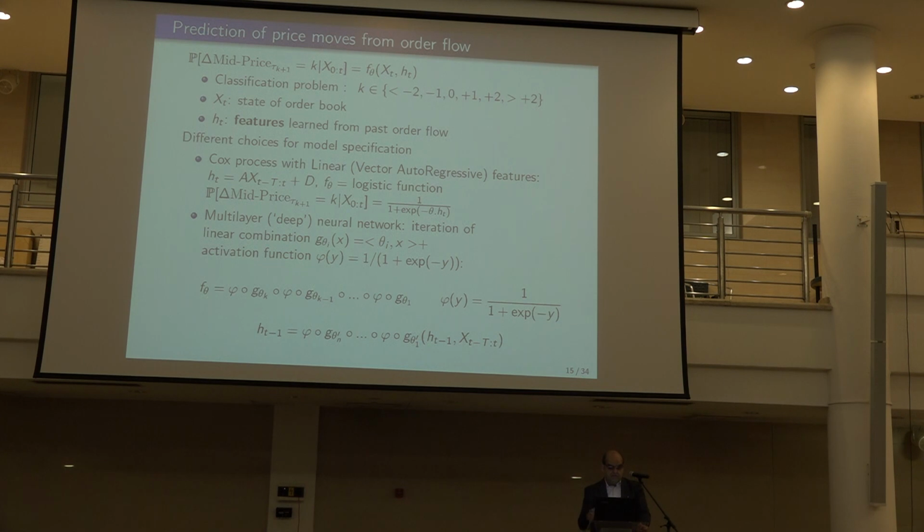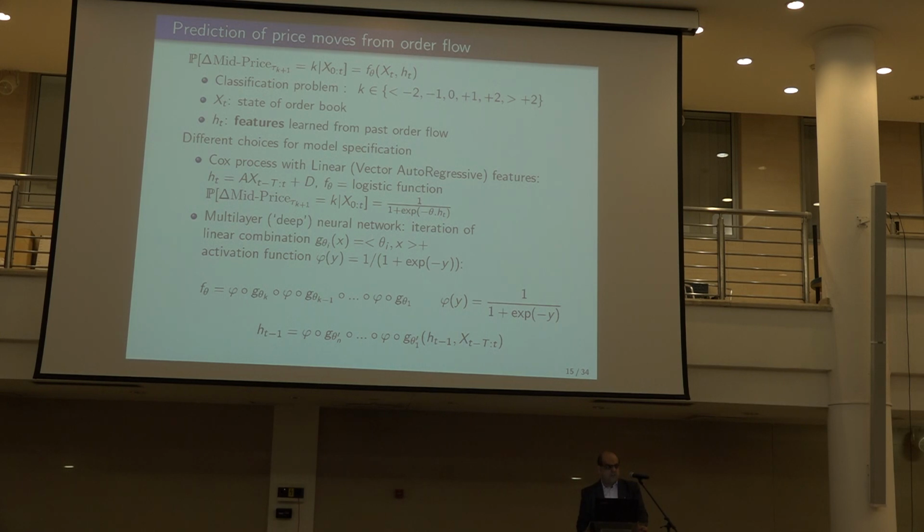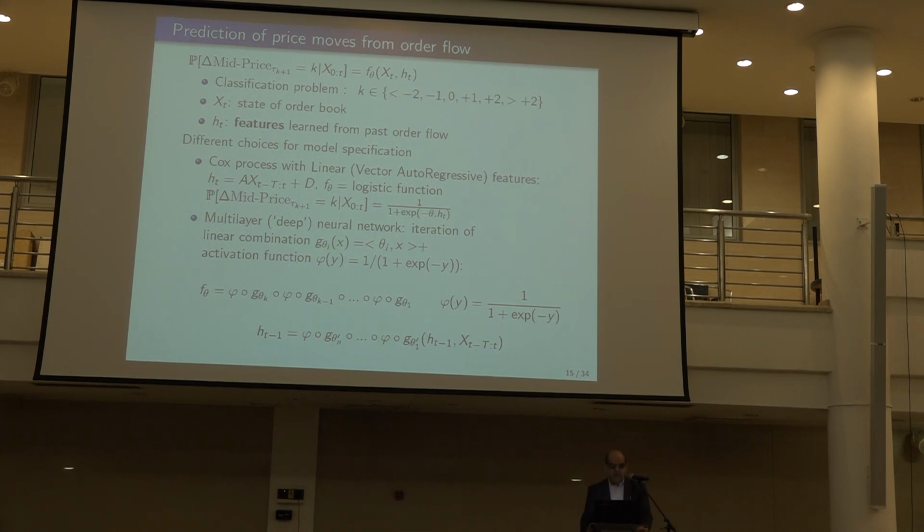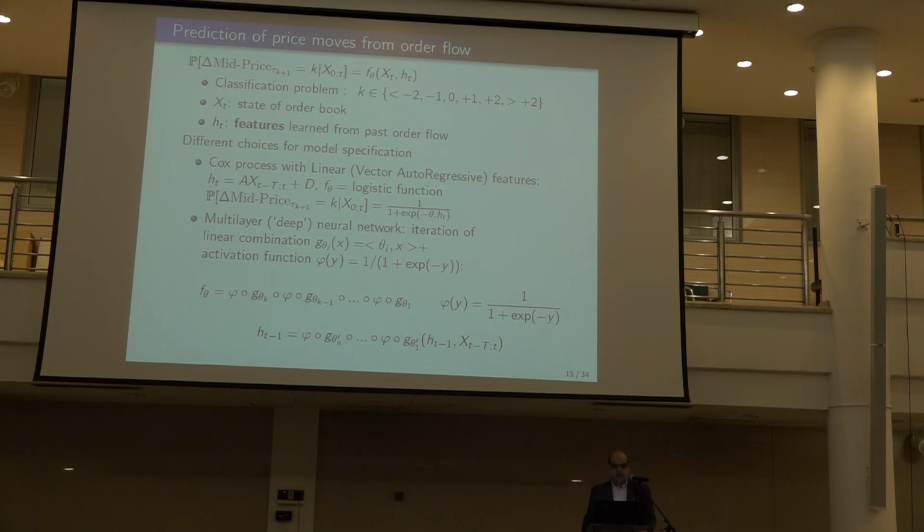So this is a typical type of application for supervised learning. So the question is, given the order flow, can you generate, for example, trading signals saying it's going to go up or down and by how much? So that's typically what a trading signal looks like. So the state of the order book is the input. And here, just to have a benchmark to compare, we compare it with a linear model.